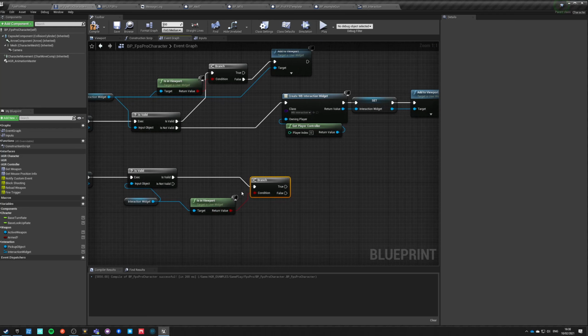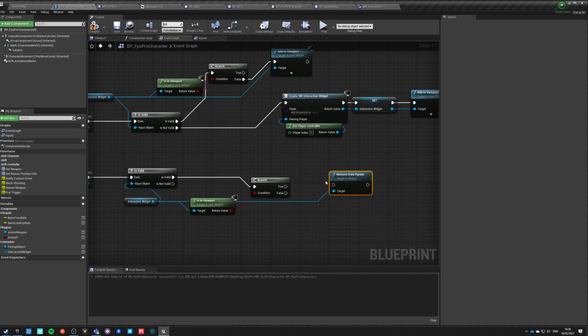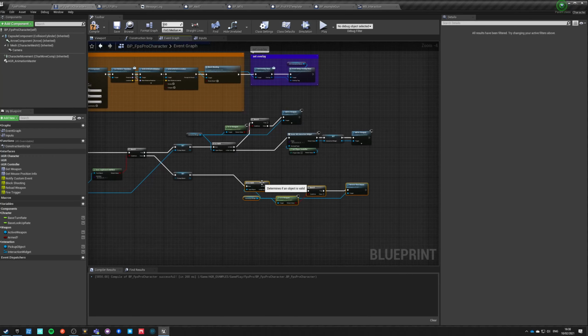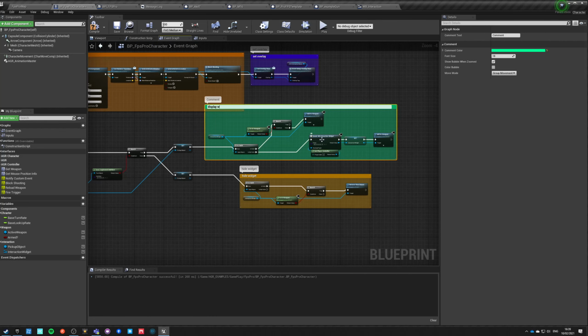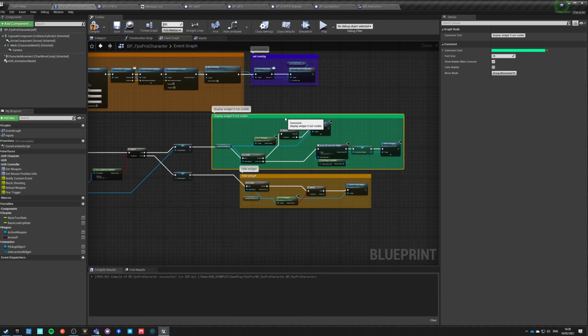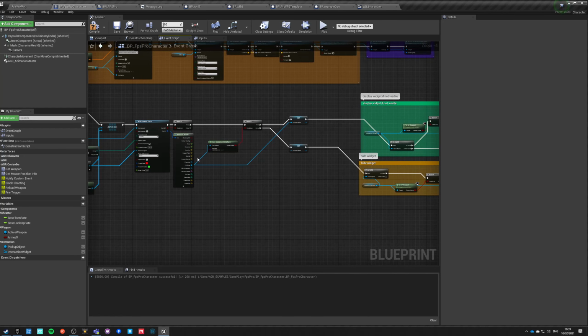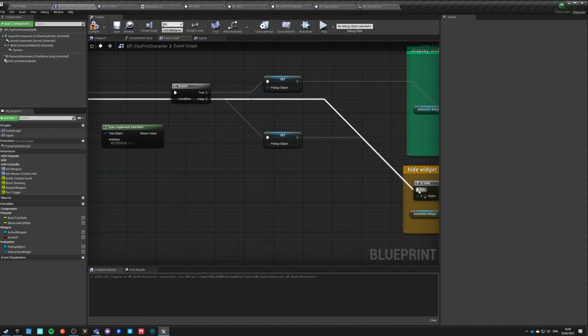Okay, fine, it shouldn't be, but if it is in viewport, then remove from parent, only on true. Okay, so this is hide widget, and this is display widget if not visible. So do we have any other options when we want to hide or show this widget? Yes, we do. If we haven't hit anything, we want to also hide it.